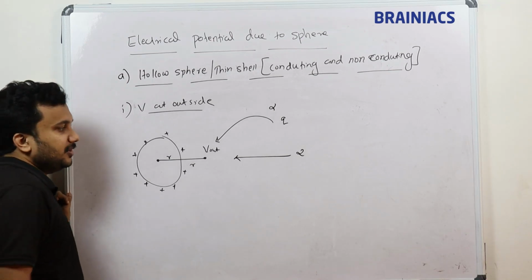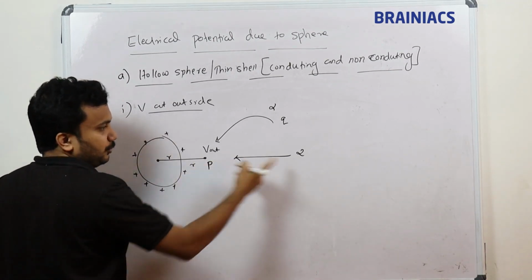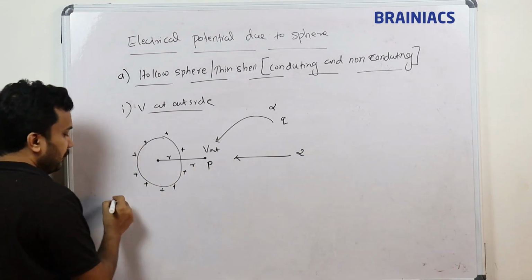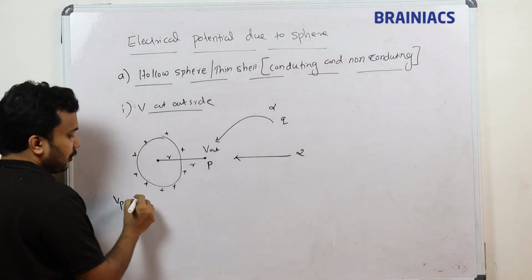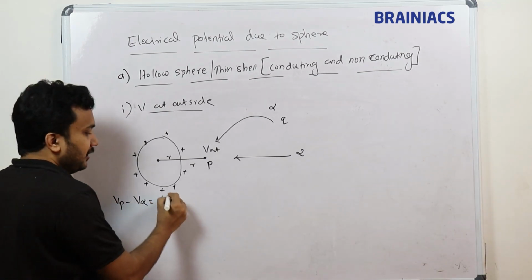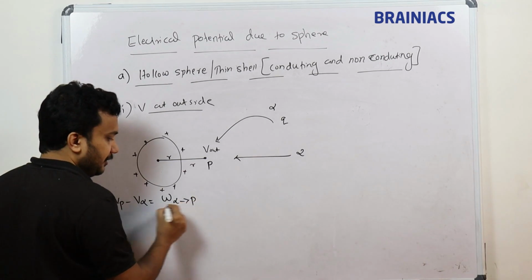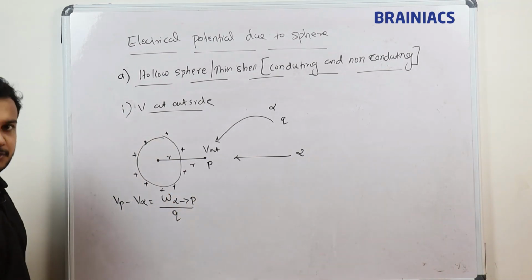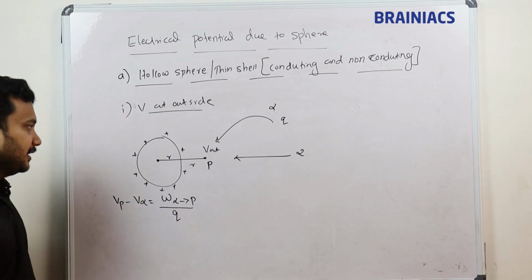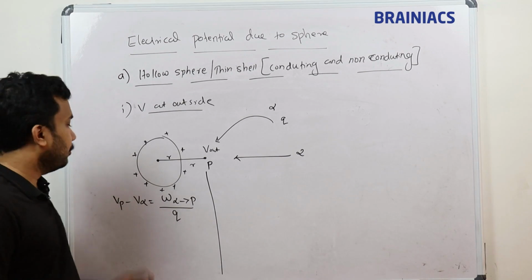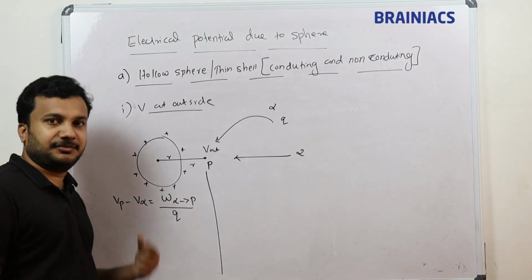So this point I am marking as P, which means I am moving from infinity to P. So the potential at P minus the potential at infinity, final minus initial, is equal to the work done from infinity to P divided by the charge Q. That is the definition. This is the exact definition, and we also learned the relations between potential difference and electric field intensity, because